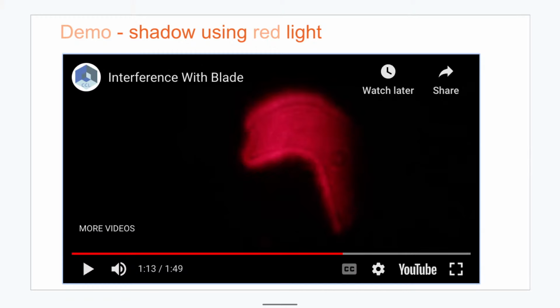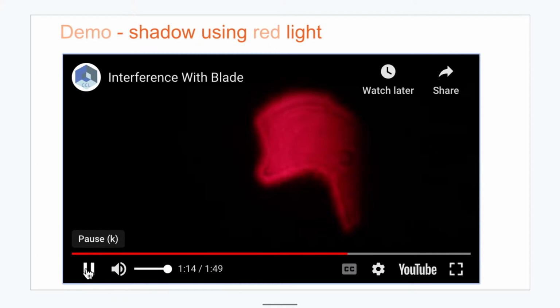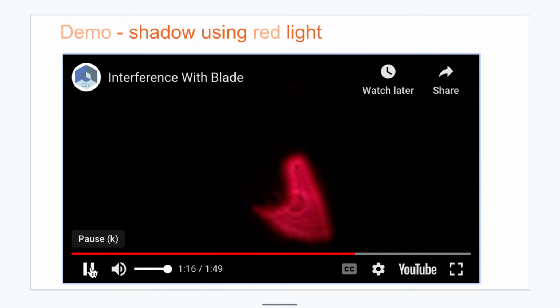So if you see over here, this is a darker line, this is a brighter line. Right next to the edge there is a brighter line, then there is a darker line, then there is another brighter line. And this is a very easy experiment to perform. Of course, because you are using a laser, you should do it under a little supervision. But it's a very simple experiment to perform, and you can see that the shadow has something very interesting happening